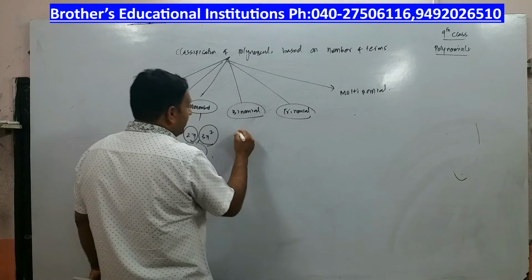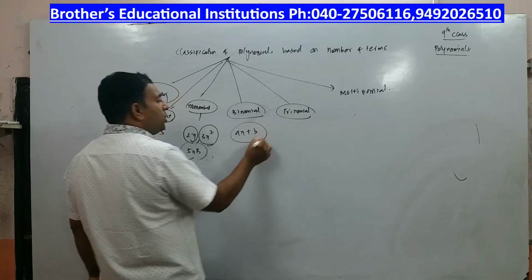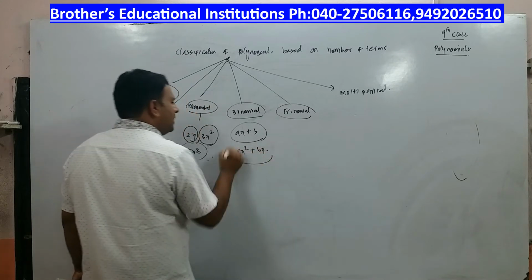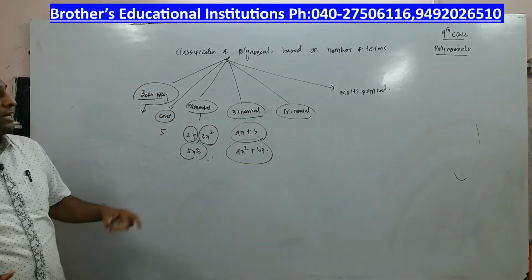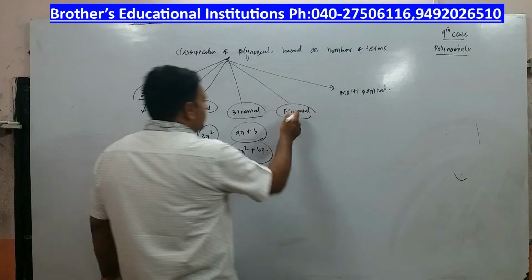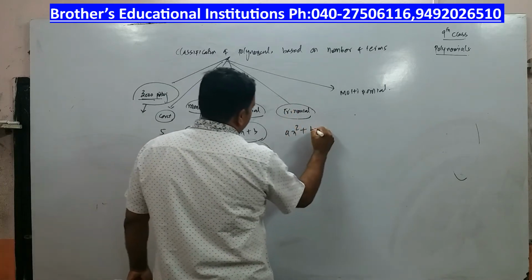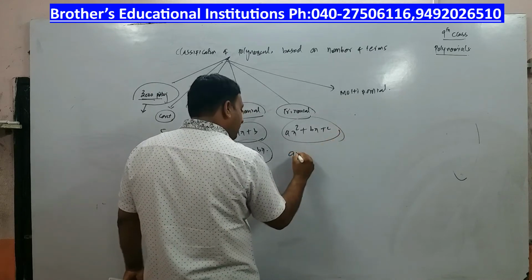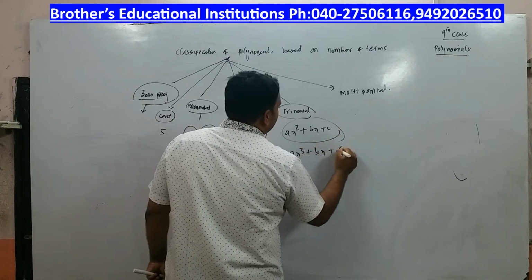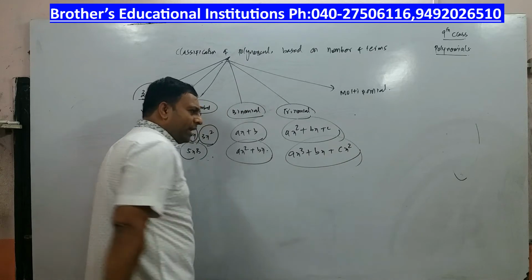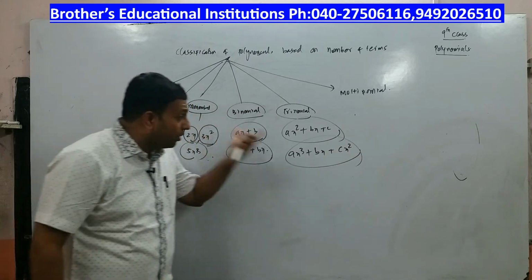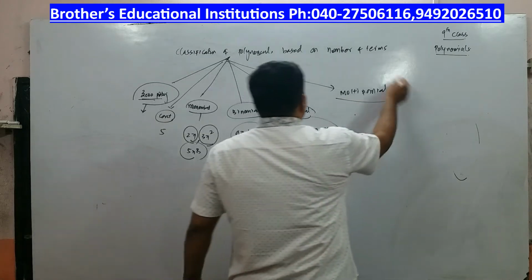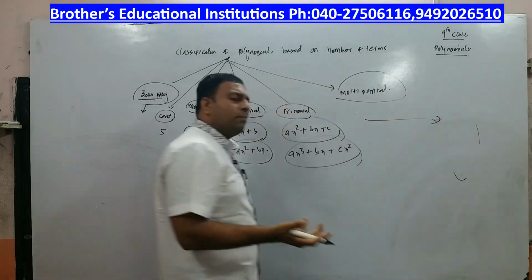And tomorrow if I write ax plus b, this has got two terms, it is a binomial. I can write ax square plus bx. The degree is not important. What is important is they should have two terms. And if it has got three terms, ax square plus bx plus c, right? It has got three terms. I need not have bx square. I can have ax cube plus bx plus cx square. Like this also you can have 3 terms. So what is important is a polynomial should have 3 terms. It is called as a trinomial, and if the polynomial has so many terms, then it is called multinomial, right?